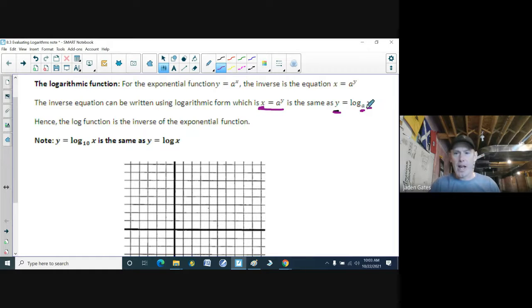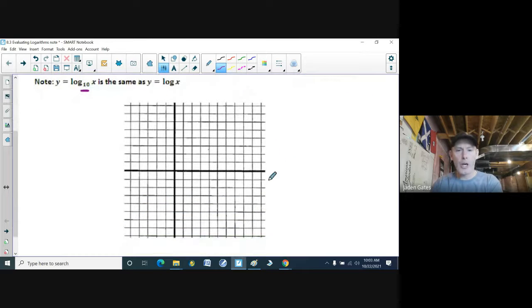Now, vice versa, the log function is the inverse of the exponential function. This little number a is the base. And when we looked at this morning, the log function, everything had a base of 10, but that's not always true. It's the easiest to use because it's just counting zeros, but there's obviously every other number possible. And so when you have that log button on your calculator, it is telling you that it has a base of 10. But we could have other bases. For instance, an exponential equation such as y equals 2 to the power of x